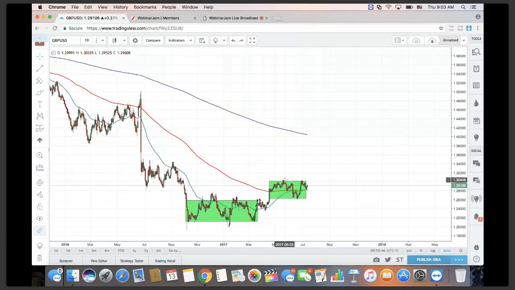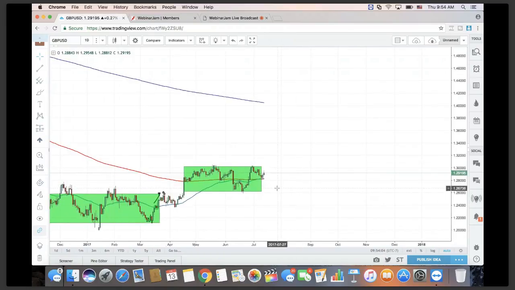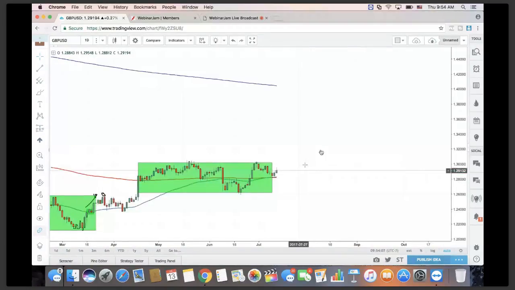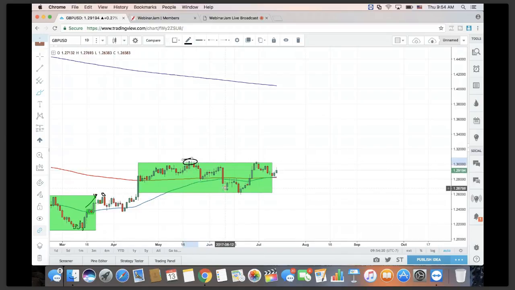Same thing applies for this. How many times have they stayed within these zones? It's like they're creating a level, creating its own support and resistance. So, when I look at this, we've come out of level 3 on the daily, and I see that they finally hit a stopping point, and they came back down to this area, and then down to this area, and then back up to this area. I have a right to assume that this is a level